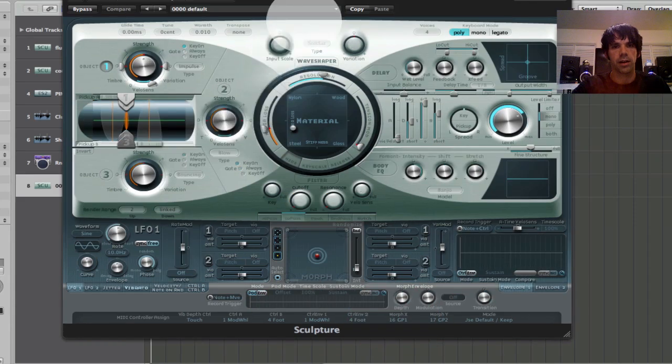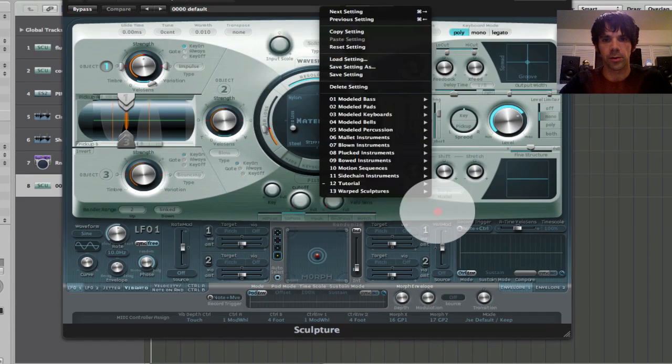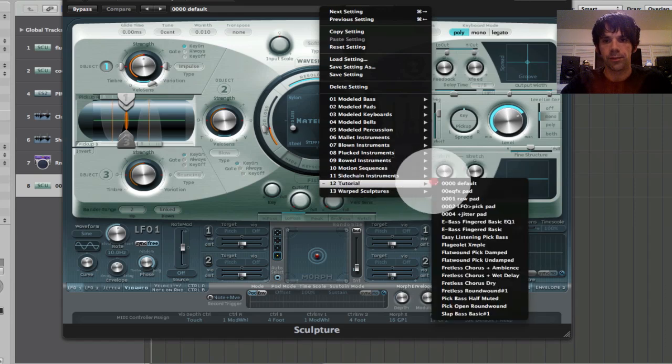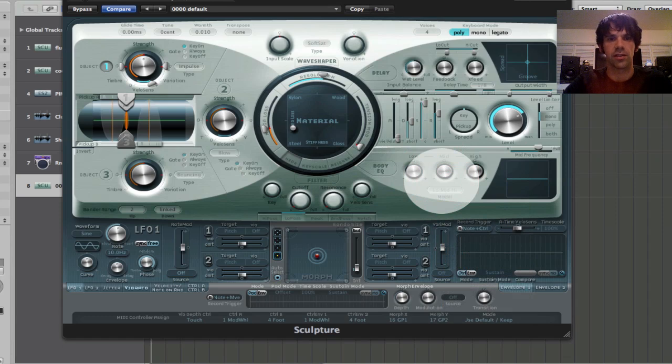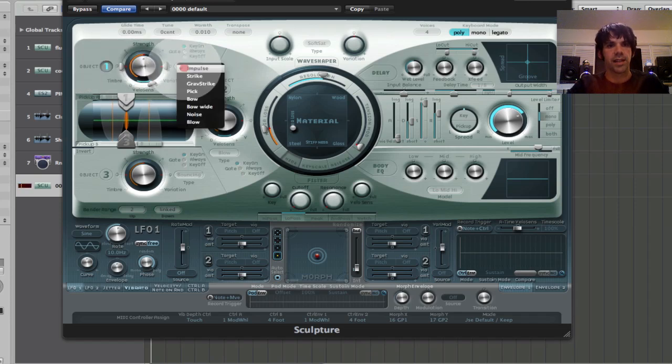The place to start when you decide to explore Sculpture is with this 0000 default patch that's under the tutorial settings, just because it has pretty much everything disabled. So we'll just start with this first object here, and it's set to impulse. That's the method of exciting the string, and I've got several different methods. So the first thing I can do,